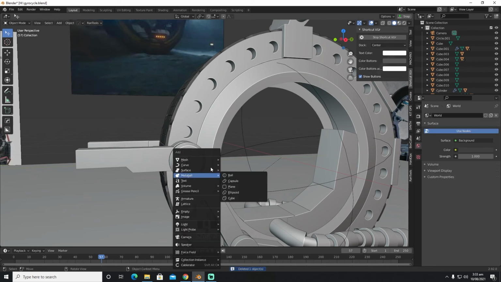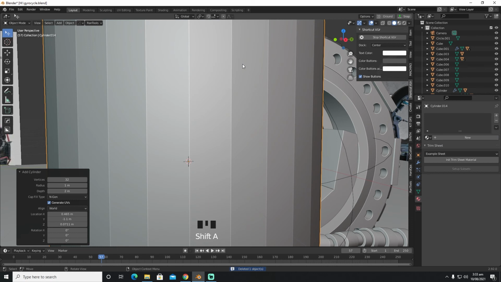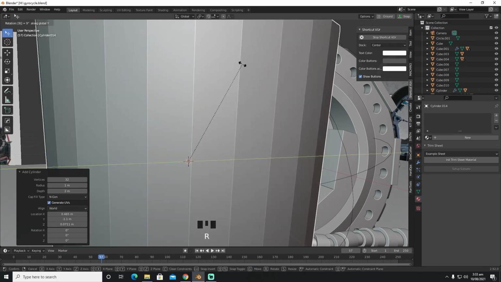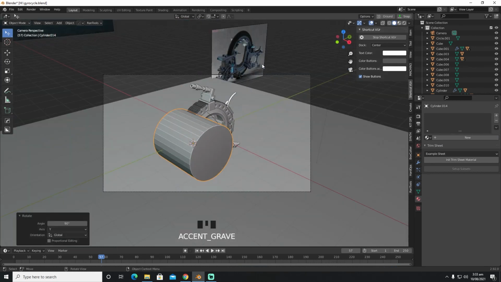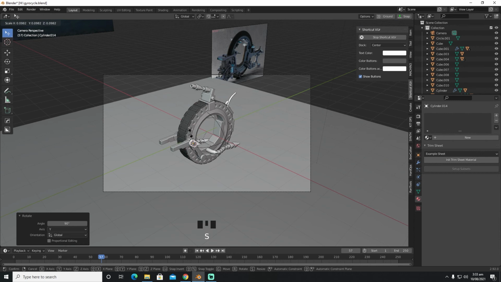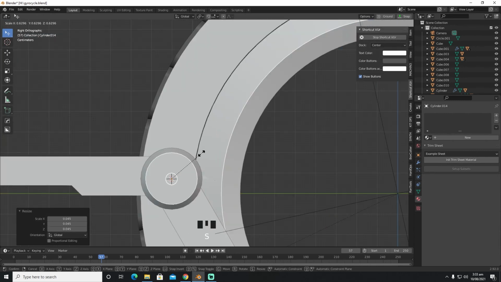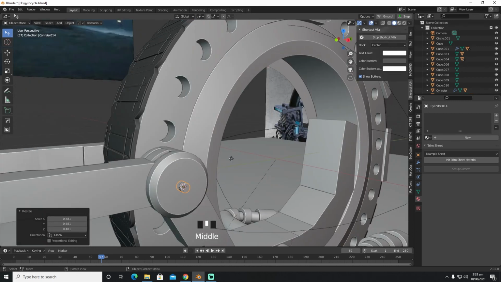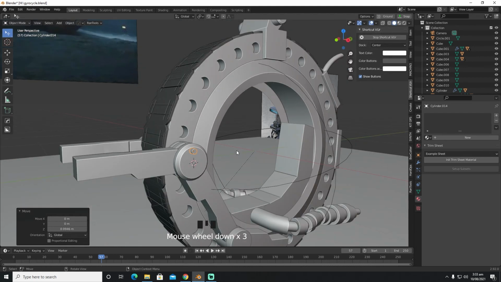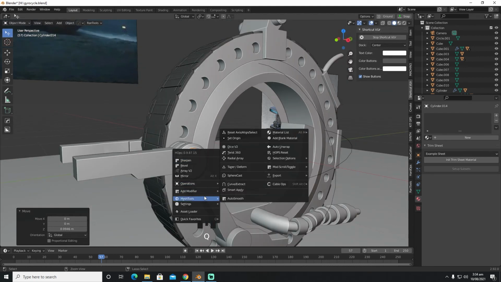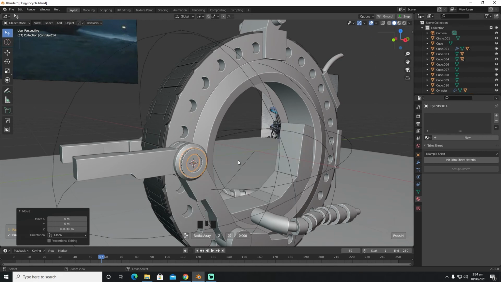maybe delete this, create a cylinder, RY90, scale this guy down to right about there, bring him here, bring him up to right about there, Q, mesh tools and left control and radial array, and bring it down to right about here,